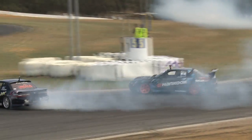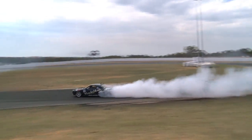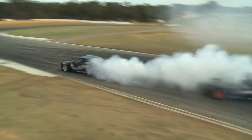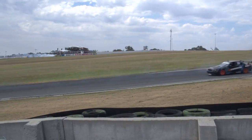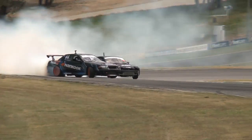He's taking that inside line to try and catch up to Dale Campaign as he comes out of that Achilles radial hairpin. Dale Campaign, a very, very good clean run from him. Lane Brandis isn't doing too bad, but he just hasn't got the proximity required if he wants to try and take an advantage on that run. Neither driver making any massive mistakes, but Campaign will have a slight advantage after that,